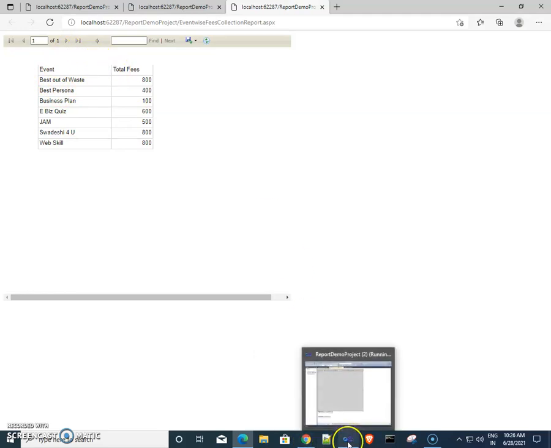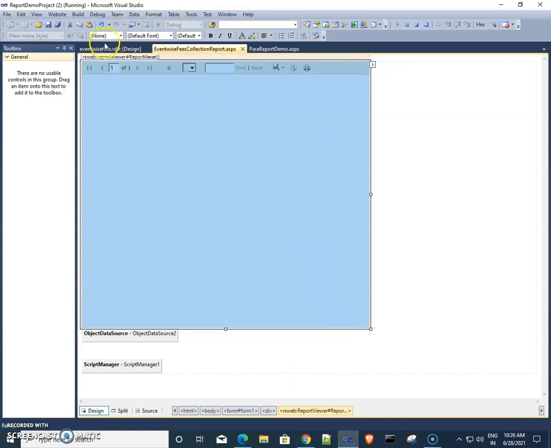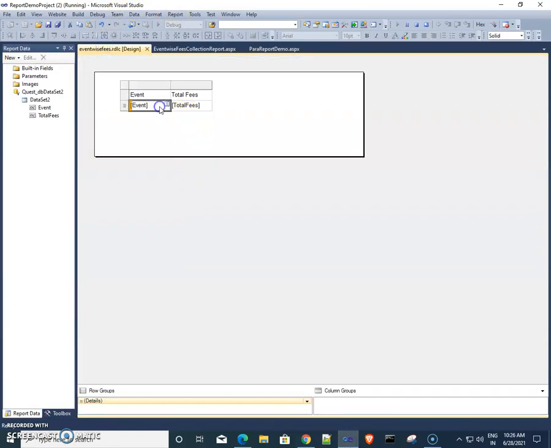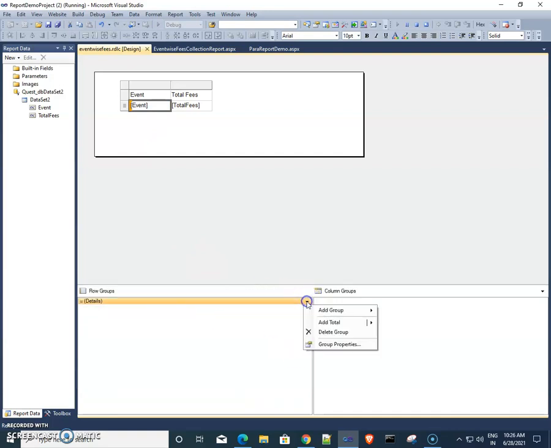Then we can add here one summary, add group total. Here we can add one sum of total fees.